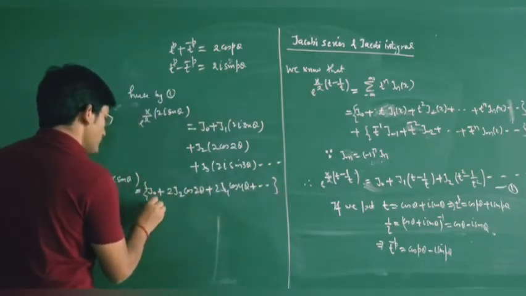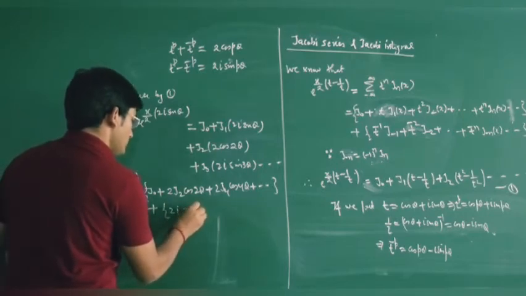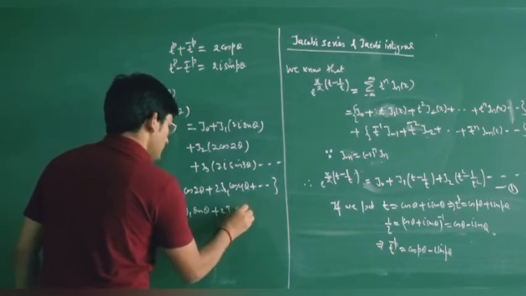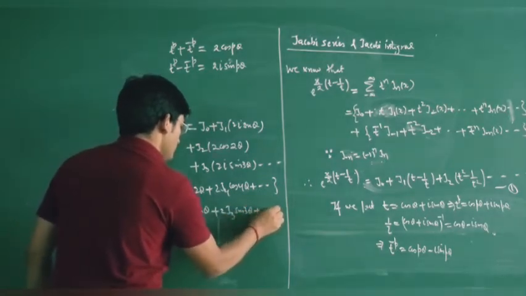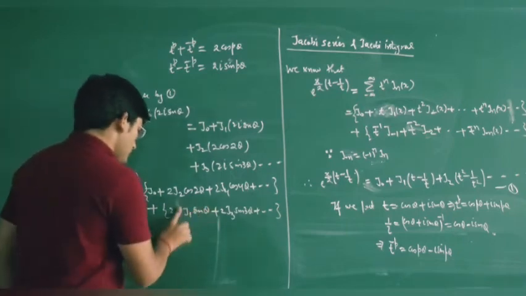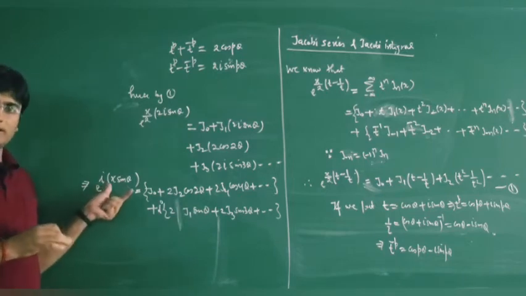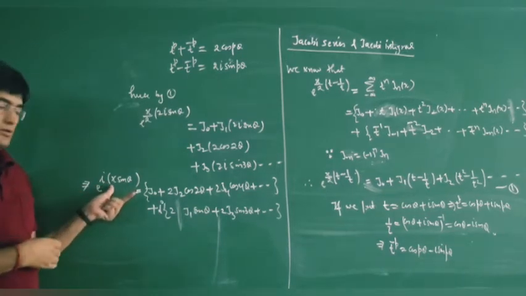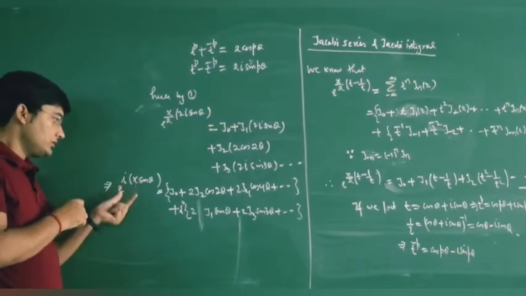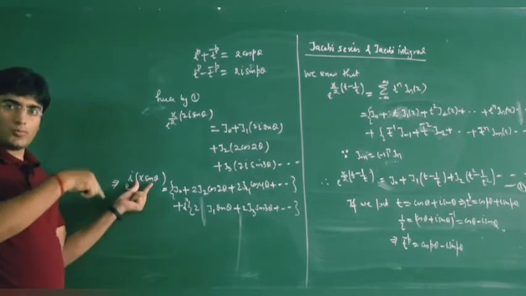Then we have the imaginary terms. So this is your 2i J1 sin theta. Then we will have 2J3 sin 3 theta, and then 2J5 sin 5 theta. So let us equate the real and imaginary parts on both sides, because e to power i theta is cos theta plus i sin theta. So on the left hand side, this is e to power i theta, so your real part will be cos theta, that means cos of x sin theta.